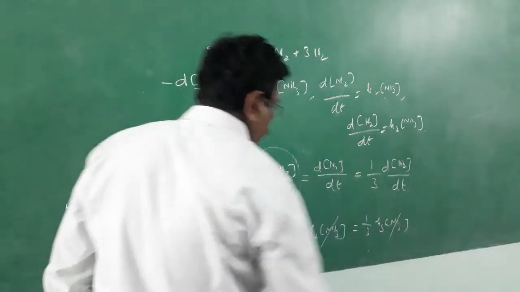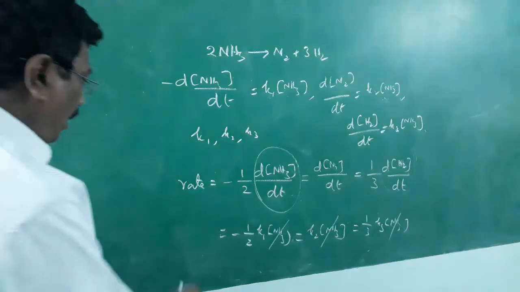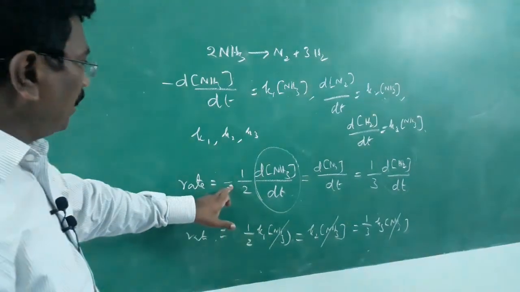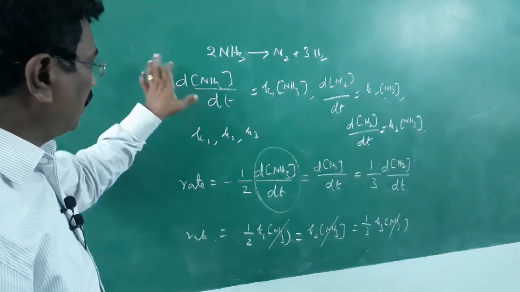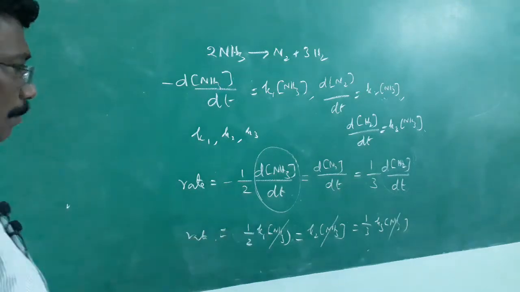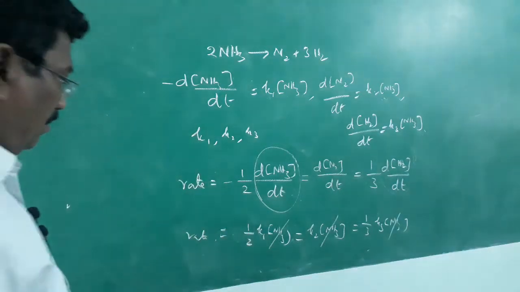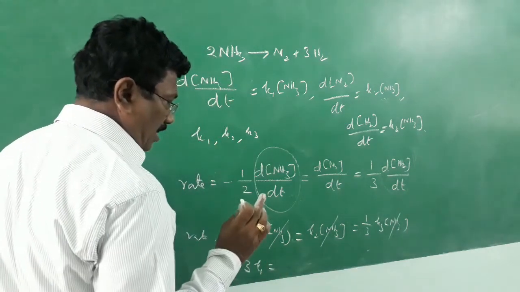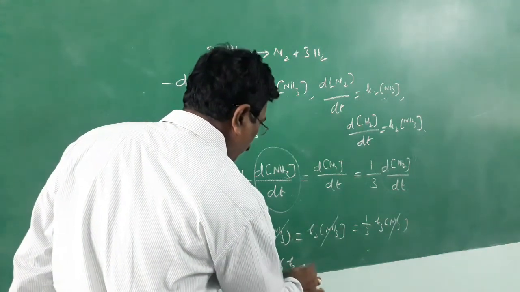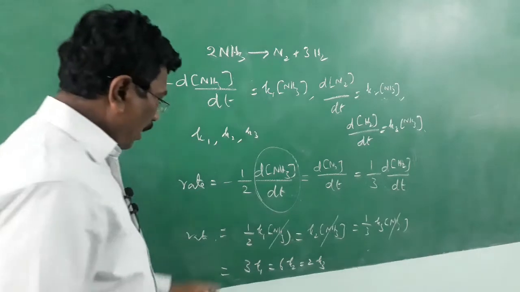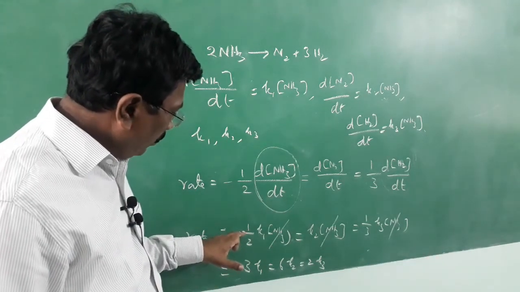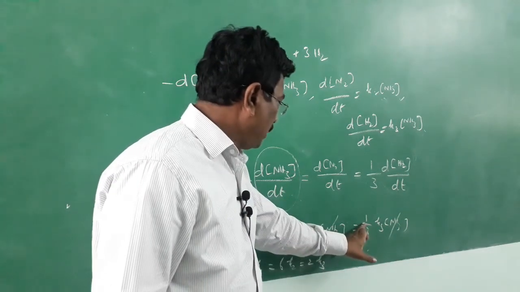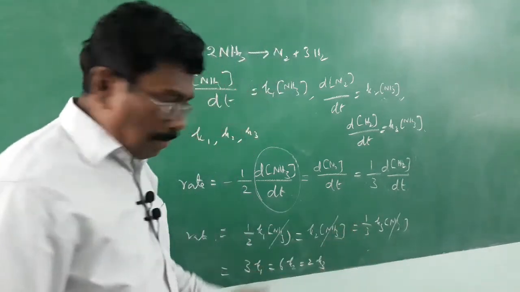NH3 gets cancelled. All right. When we compare rate is equal to this much, they get cancelled. And what will be the ratio? Minus also gets cancelled because minus 1 by 2 here, also minus. Now if I multiply by 6, to get whole numbers, I'll be getting 3K1 is equal to 6K2 is equal to 2K3. Am I correct? I multiplied by 6. Therefore 6 by 2, 3K1, 6K2, 6 by 3, 2K3. So that may be the answer given.